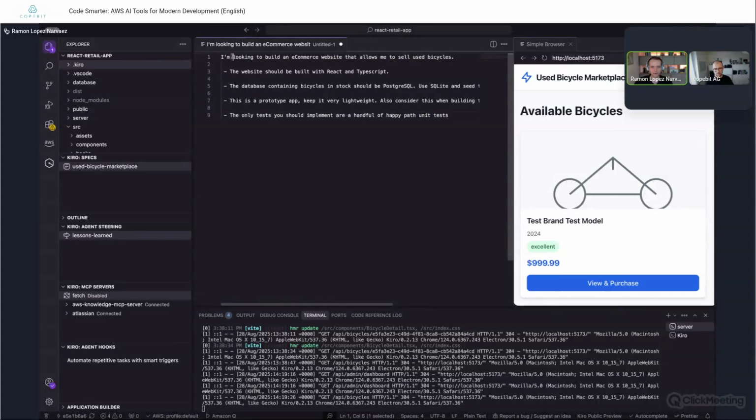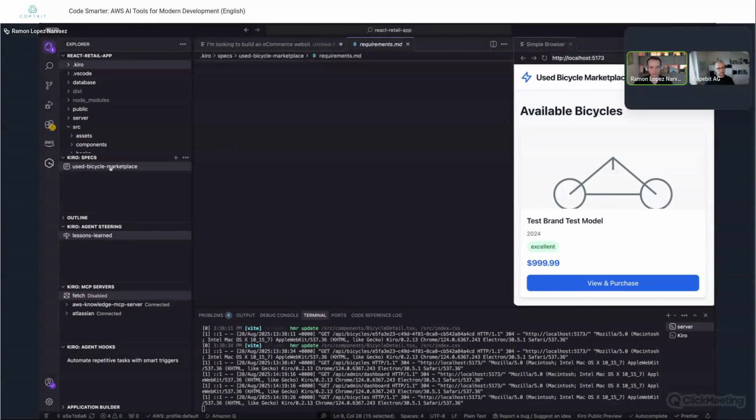So it's not that I start with a single sentence and expect it to build a perfect application according to my needs. I gave it quite a few bullet points, right? 4 bullet points here. The website should be built with React and TypeScript. Postgres, SQLite, it's a prototype app, keep it very lightweight. And I told it that it should only implement a few happy path unit tests.